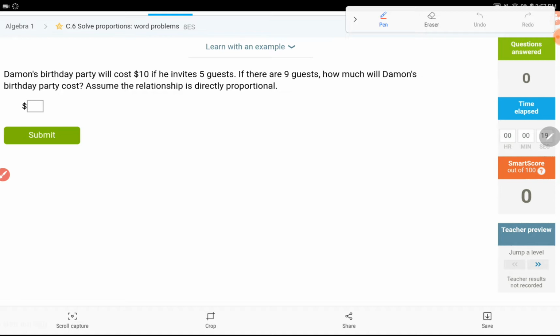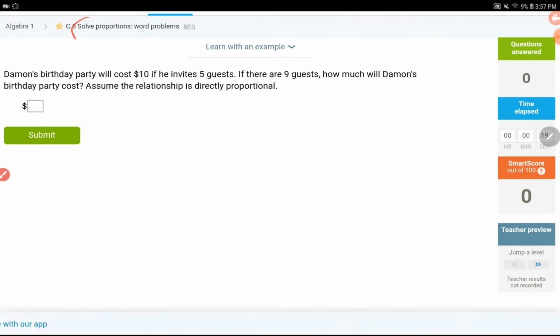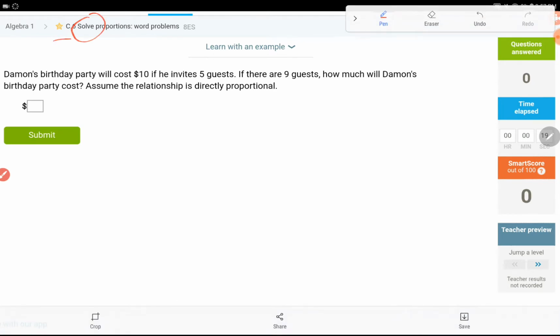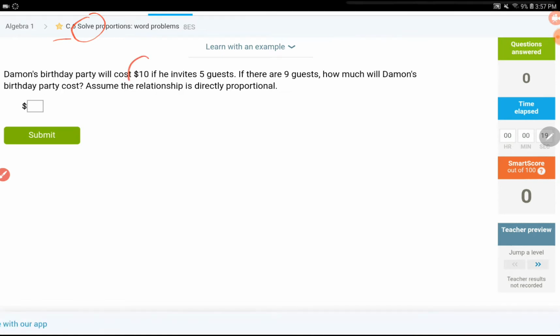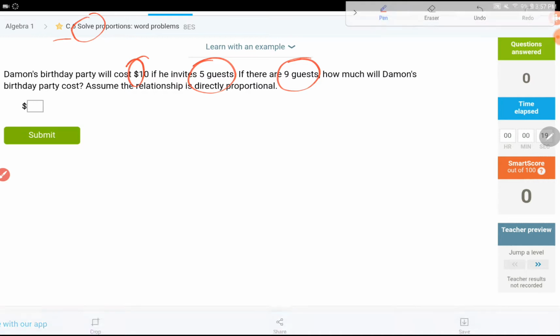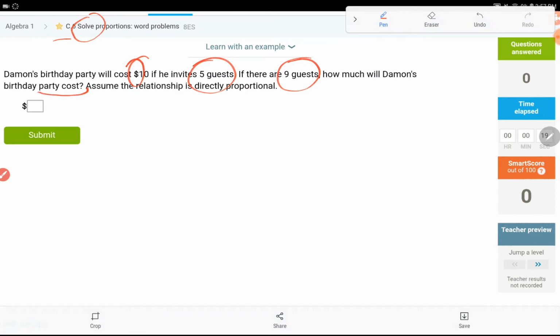Okay, so the first lesson is about solving proportions, C6. Let's see what this question is. I'm gonna see what kind of units I have. I have $10, I have 5 guests, and I have 9 guests. My question is about the cost. I'm gonna figure out how many dollars I need. So if you divide